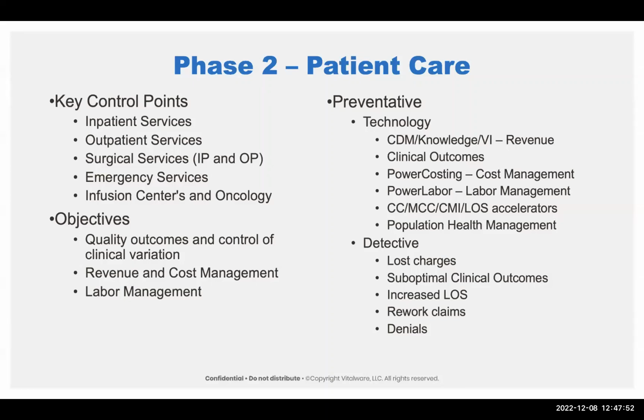Suboptimal clinical outcomes. What's happening there? Why is it suboptimal? Is it a social variant? So we're starting to see the social variants of care become very, very, very important in the efficiency and the quality. Is there a population at risk from the social variants of care where that's a suboptimal clinical outcome?